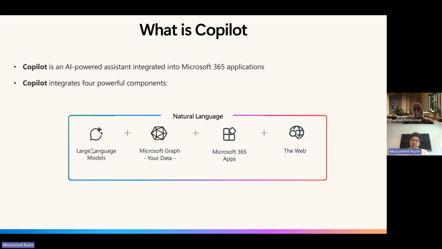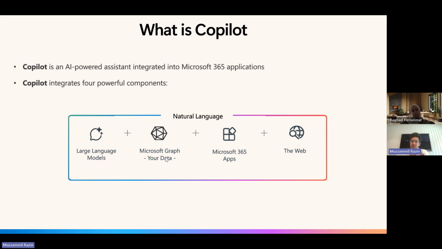And the second component, which makes Copilot different from other AI tools, is the Microsoft Graph, which is basically the data that you have within your Microsoft applications. This can include, for example, your emails on Outlook, your files on OneDrive, your sites on SharePoint, your meetings and chats on Teams, any bit of data within your Microsoft applications. That is your Microsoft Graph, and that is where Copilot is pulling the information from. Of course, it can also pull information from web sources, but by default, on your behalf, Copilot will be pulling data from within your work environment,